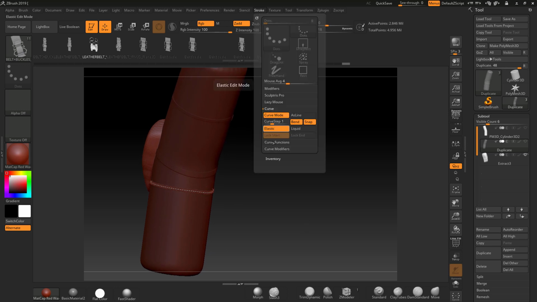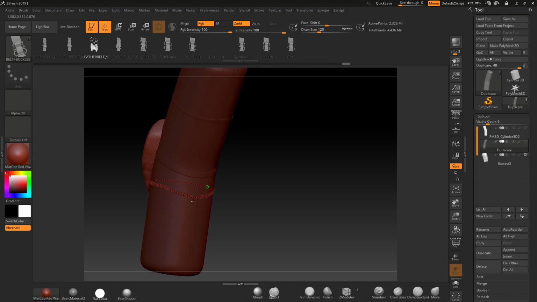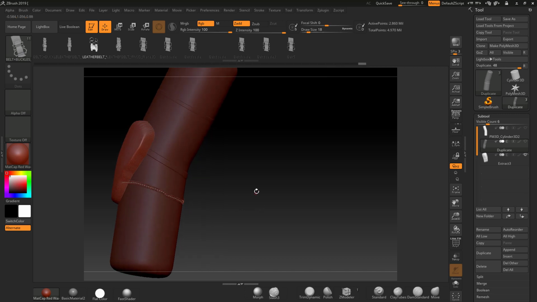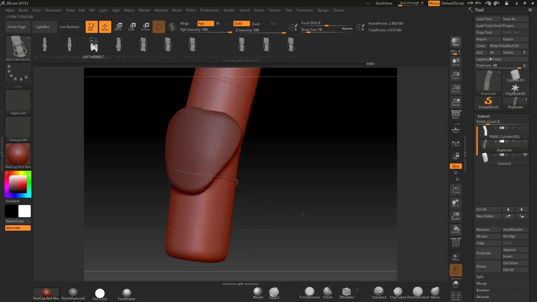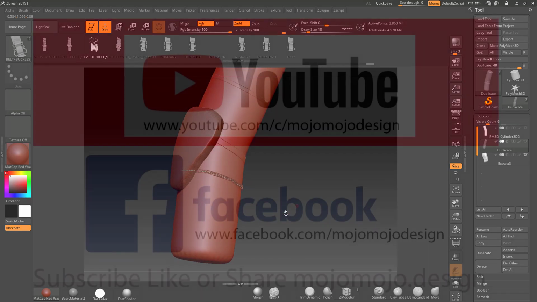Definitely have a play around with liquid and elastic. This is pretty cool because you can kind of add stuff to it and manipulate that around to give it a more realistic look. Okay,